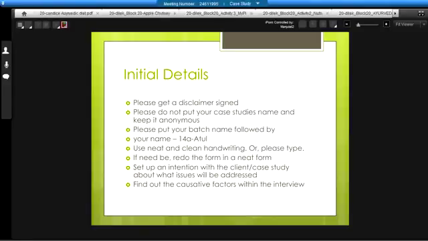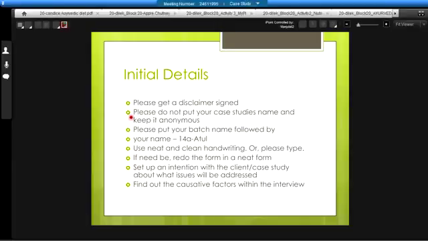And make sure you keep it anonymous. Patient privacy is really important, so make sure that you don't mention anyone by name or even initials. Sometimes it's really obvious who that person is, so just make it completely anonymous. Sometimes just change some of the personal details a little bit, as long as it doesn't change the meaning of the case study. But you might do that to protect their anonymity.